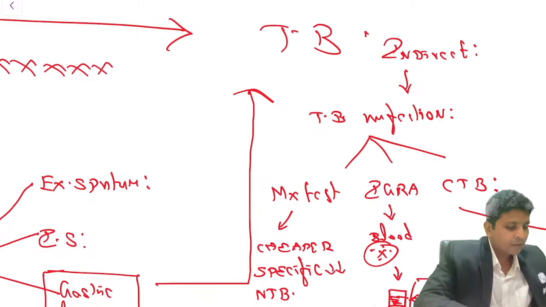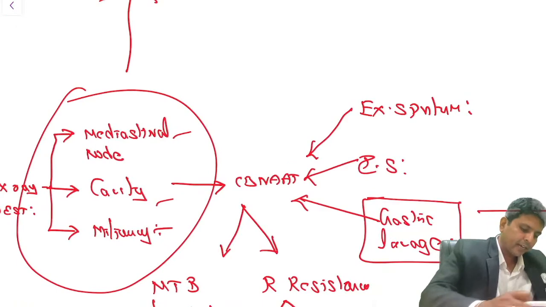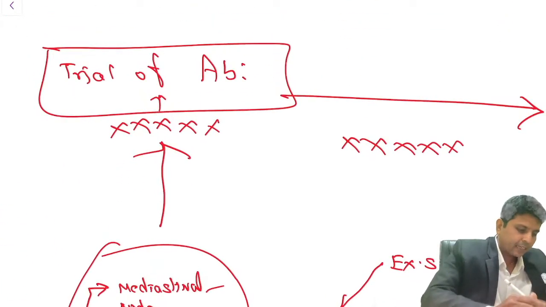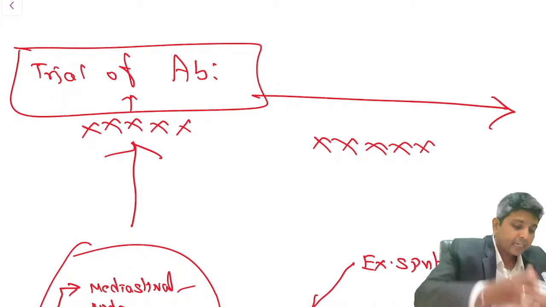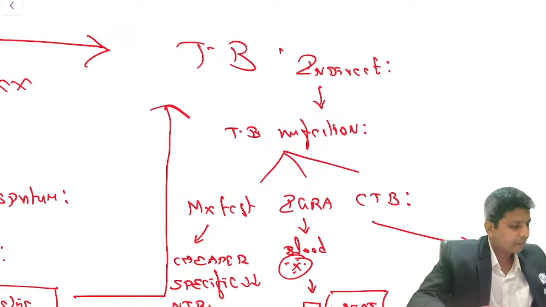Vinita and Akhil, look at this. When I have a TB specific X-ray, I will go for CB0. When a TB specific X-ray is not there, I will give a trial of antibiotic. If the trial of antibiotic doesn't work, then I will go for indirect test. Okay,